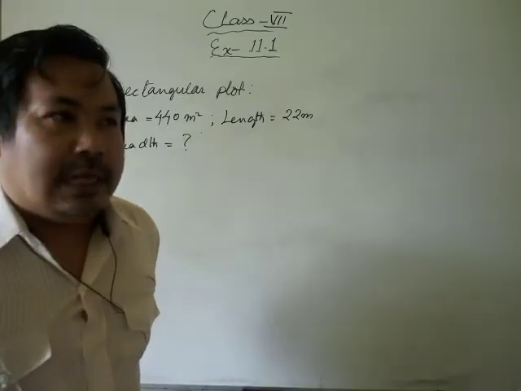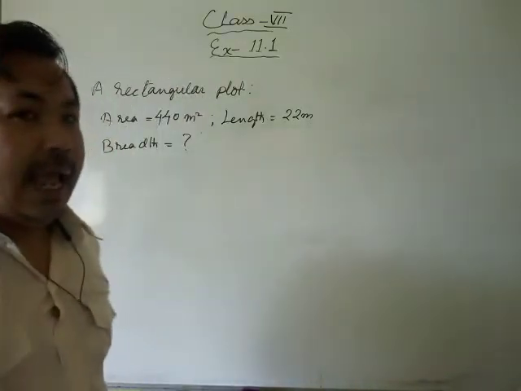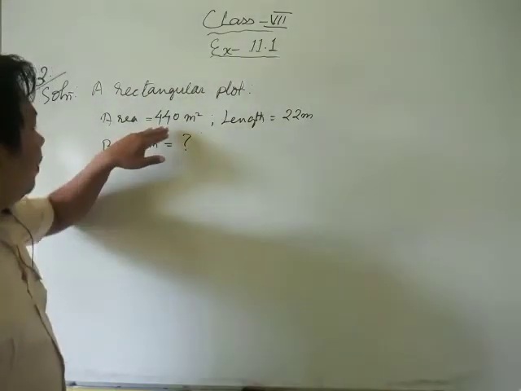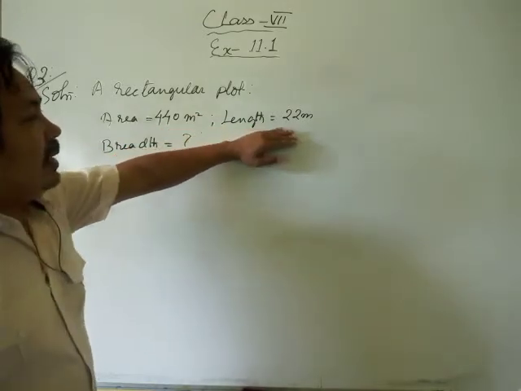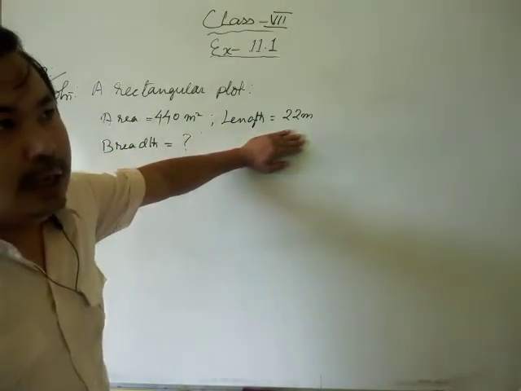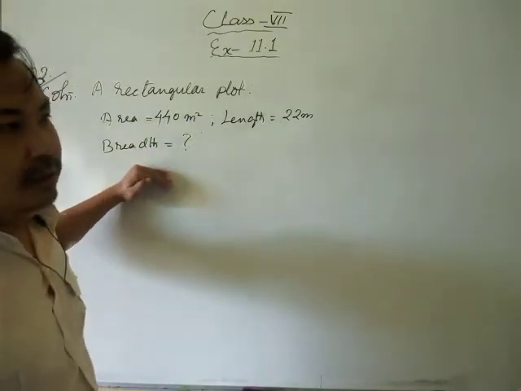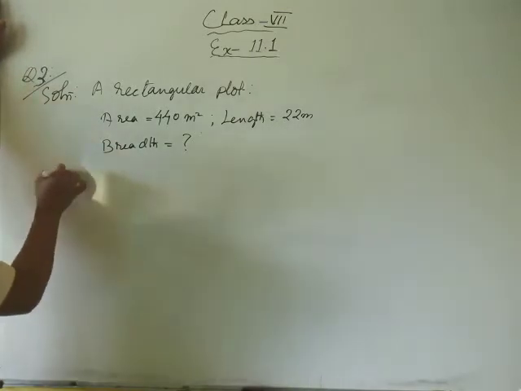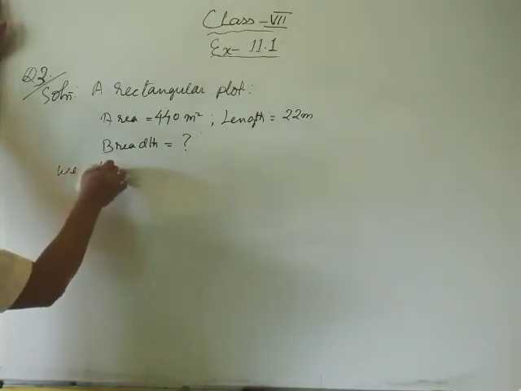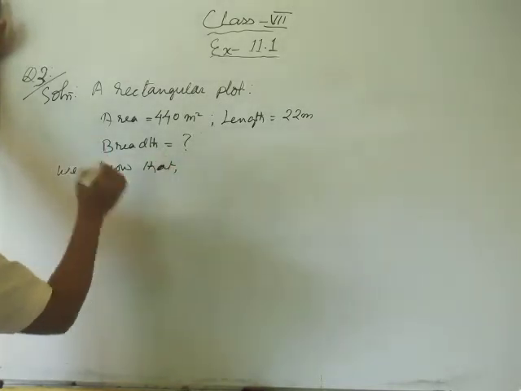In question number 3, there is a rectangular plot and its area is 440 meters square and the length is given as 22 meters. What you have to find out is the breadth. What we will do for this is very simple. So we know that